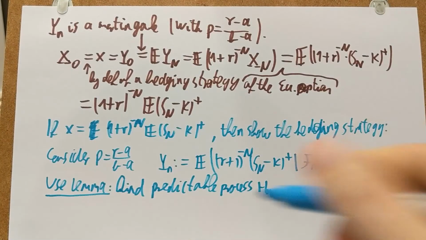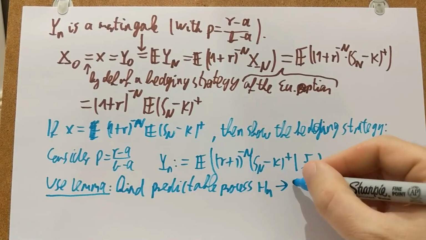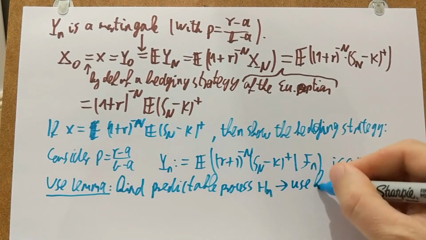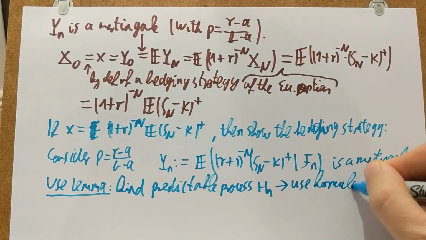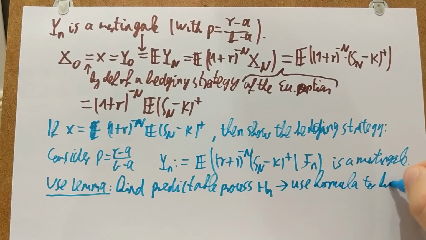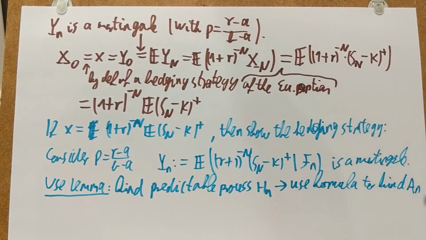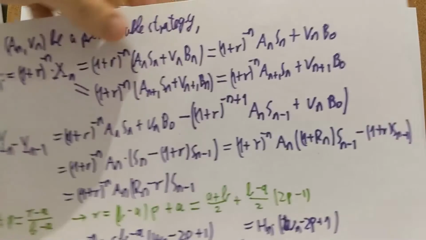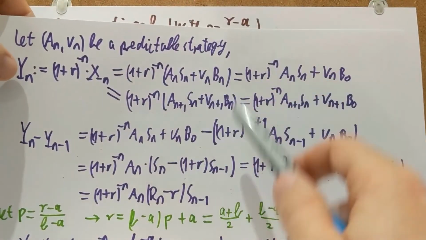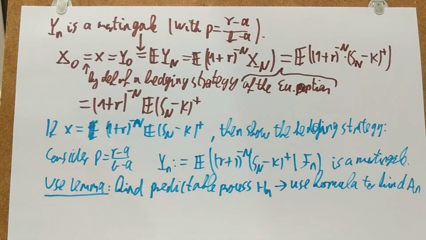Okay, so then use the previous formula to find An. Okay, and with that formula, you know that you have your martingale. It tells you what the predictable strategy is. So every calculation we did here actually makes perfect sense,